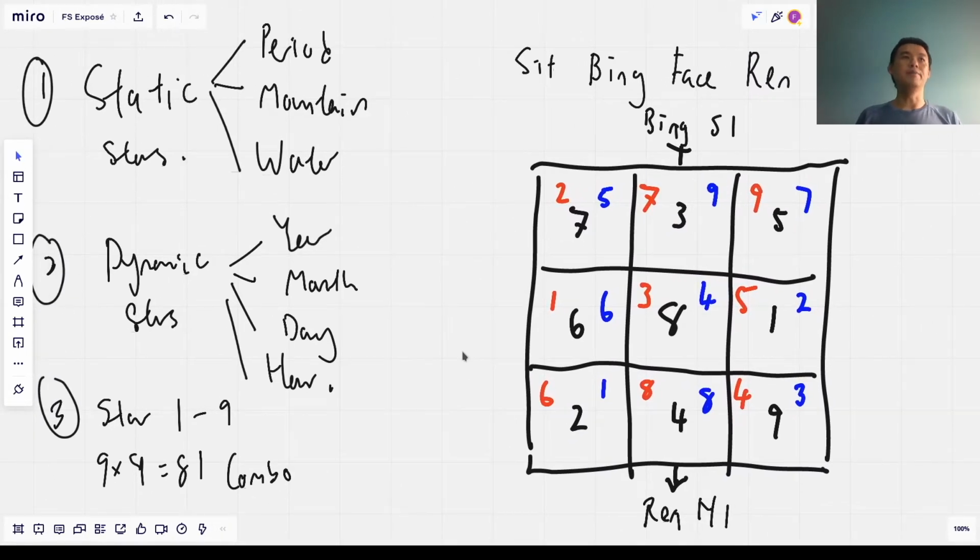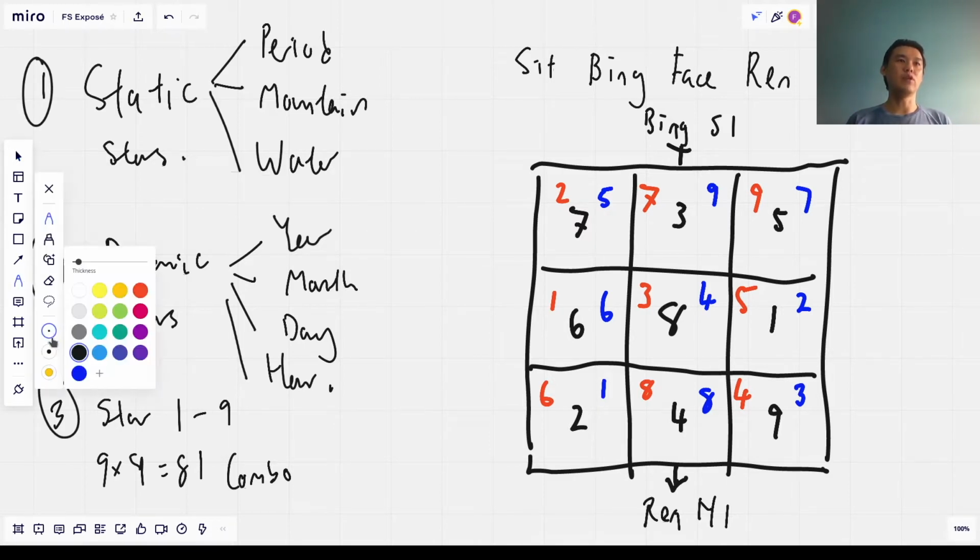I think last episode we went through what's static and what is dynamic, and how we plot the year and the month chart. Okay, so let's go back to what we've gone through. So static stars